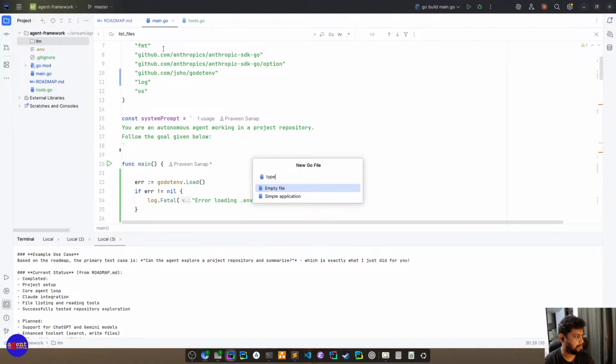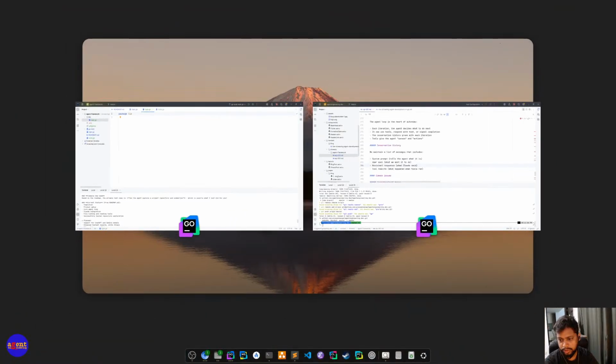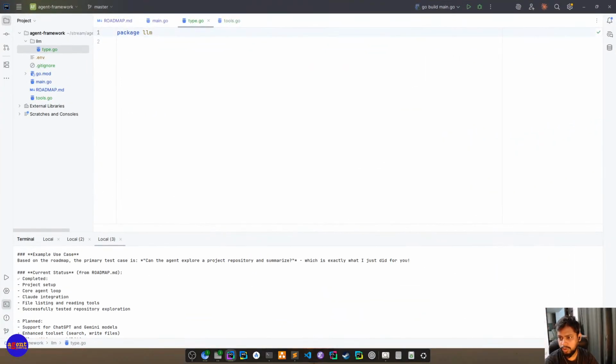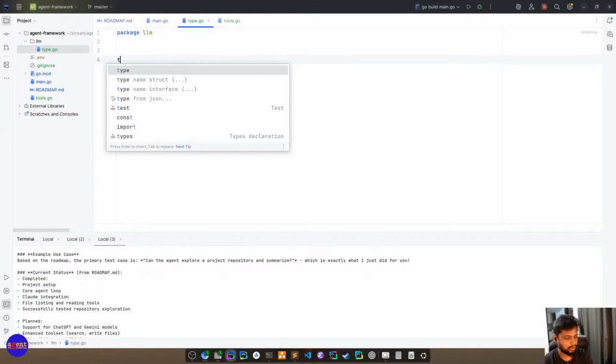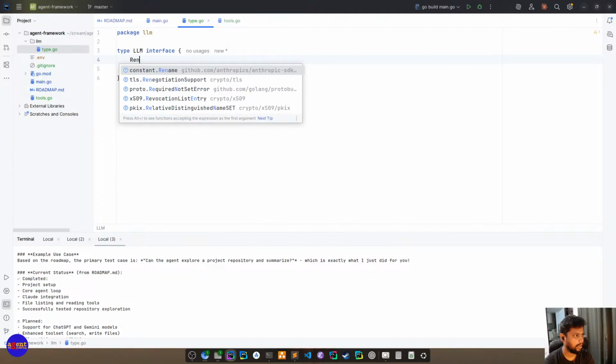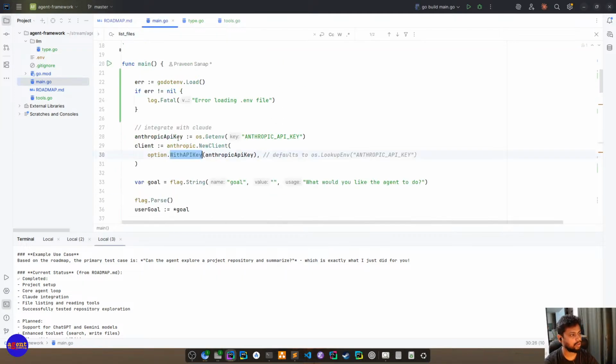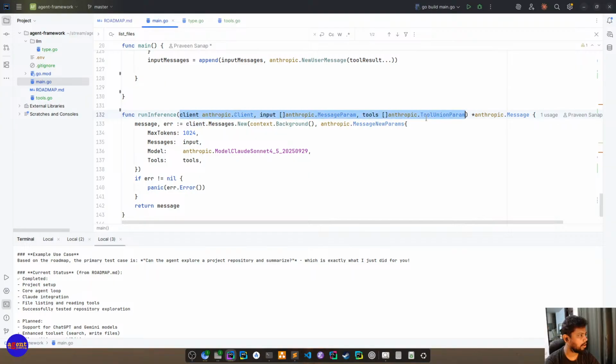So in types.go, what we need is to start with the interface LLM, and the main function there is run inference. As we saw, the run inference function requires input of messages and tools, right?